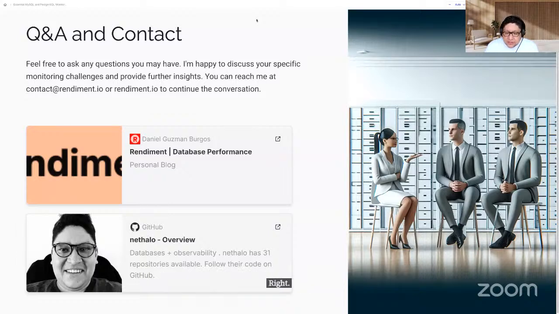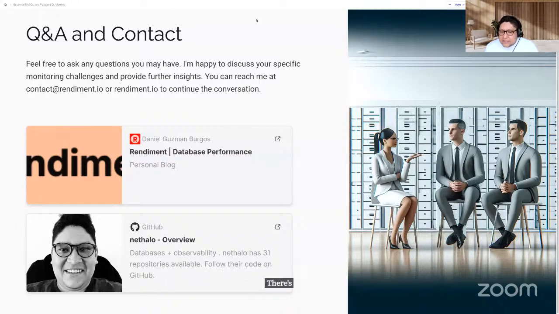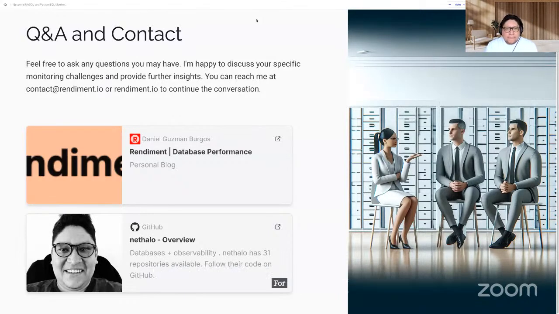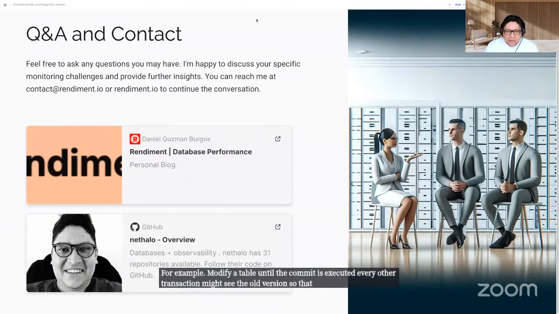The other thing is that depending on the isolation level of the database, there are modifications that are visible inside a transaction that are not visible outside it. For example, if you modify a table, until the commit is executed, every other transaction might see the old version. So that will depend on that.